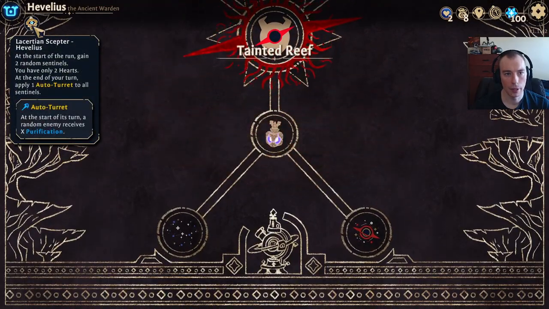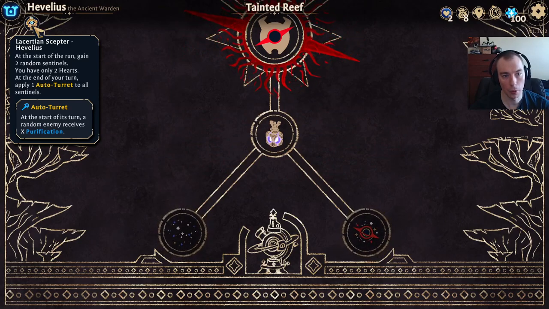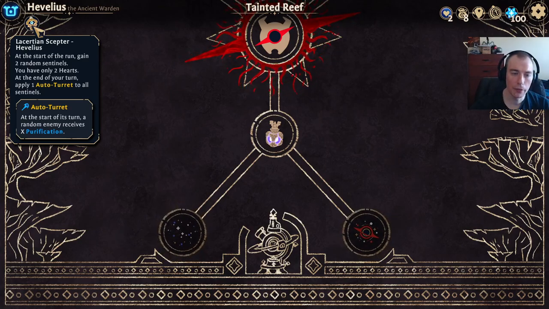Oh, is this the one? Yes. Okay, I remember. Now, this one starts the run, as you can see here, with 2 random sentinels. You only have 2 hearts instead of 3. And then you apply auto turret to all your sentinels at the end of each round. Which can be good in some longer fights, but